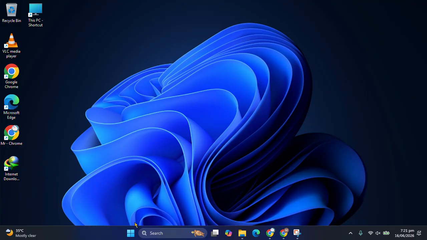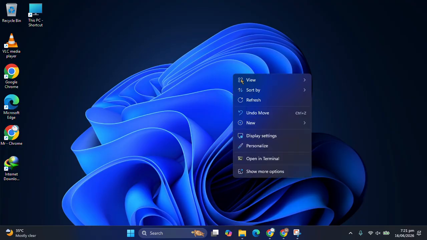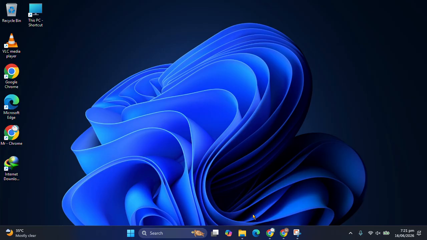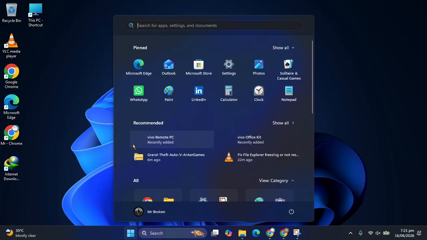Or if it's still not fixed, you can try to wait for at most a few moments. Sometimes it might be a software issue or a glitch, so it can be easily fixed by waiting some moments. Or if it's not fixing, or if it's happening again and again, you can go to search and here